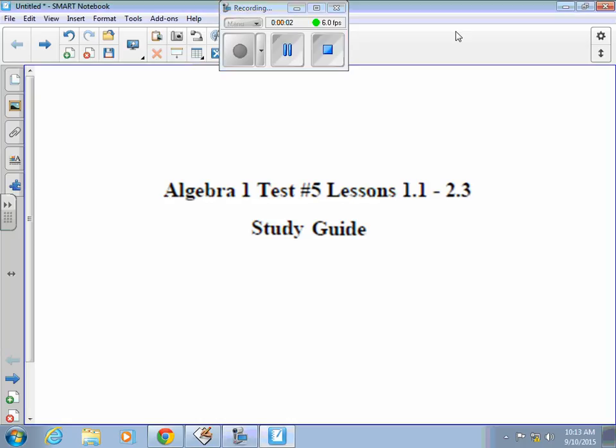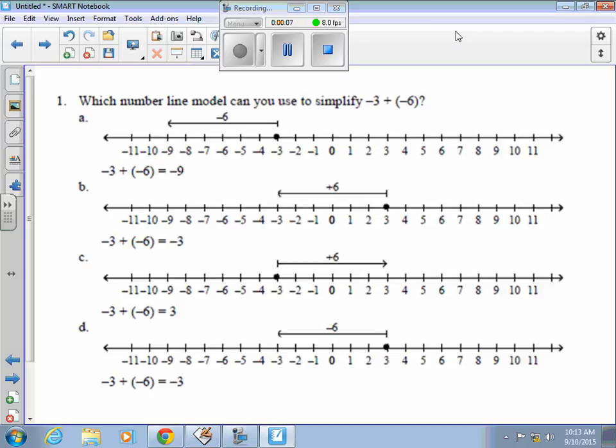This is Algebra 1, test number 5. Got through lesson 2.3, subtraction of real numbers. Study guide. First one says which number line models something that you could say simplifies